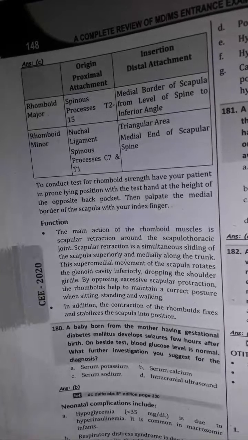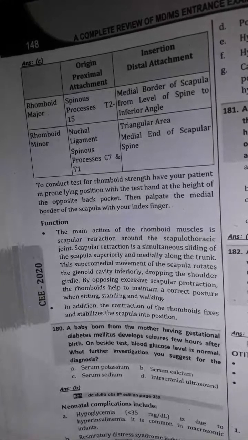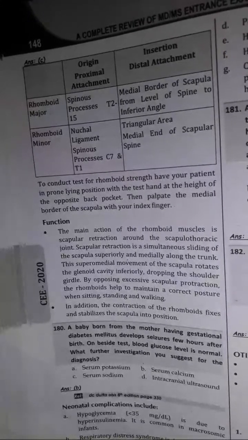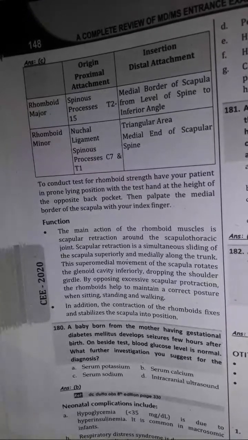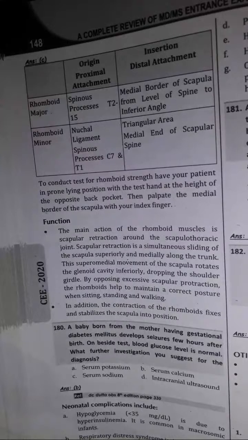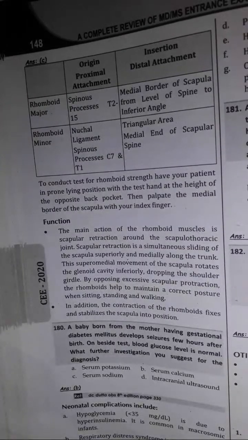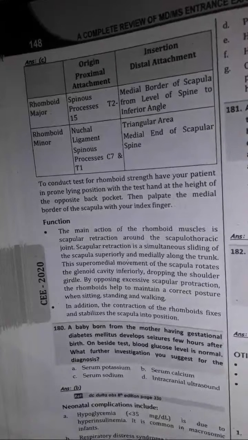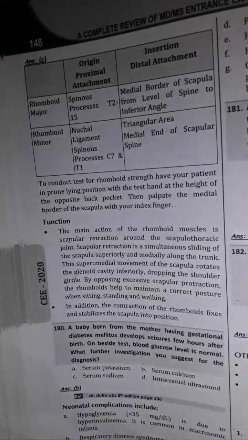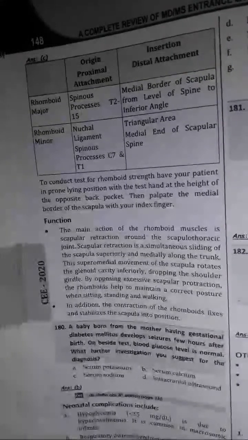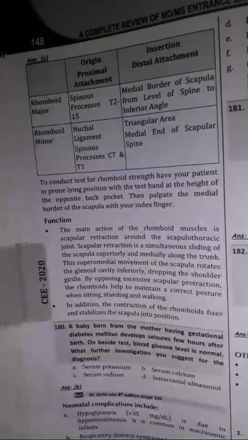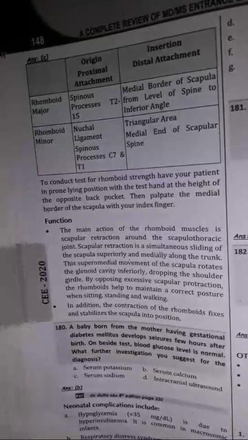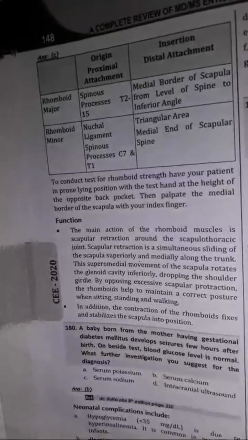Serum calcium. Why? The explanation: neonatal complications include hypoglycemia, less than 35 mg per dL, which is due to hyperinsulinemia. It is common in